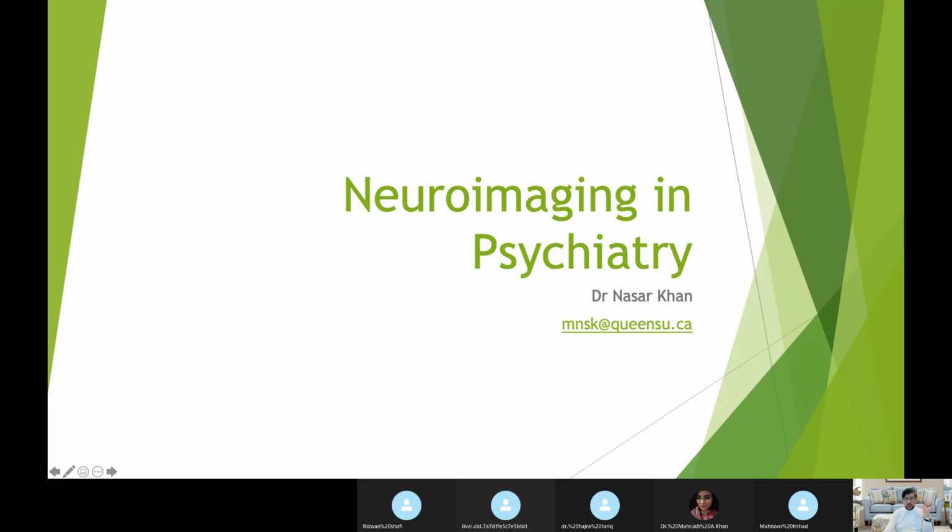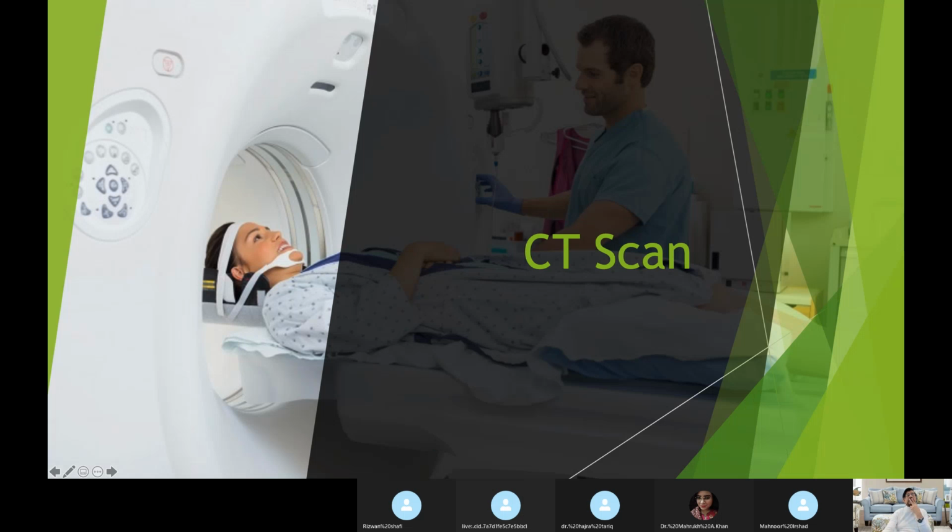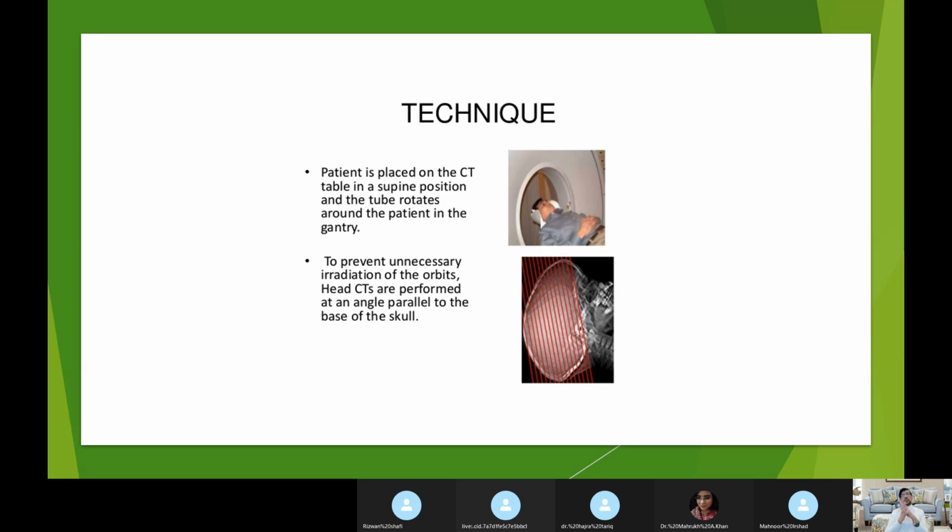Okay, so I hope you can see the slide. If you go into any of these sites where the CT scan machine is placed, you will see something like this. There is a white colored round tunnel-like thing, and there is a table beneath it where the patient lies down, and there are certain structures over it. The basic principle of the CT scan machine is the same as that of an X-ray, right? So the patient is placed on the CT table in a supine position, and the tube rotates around the patient